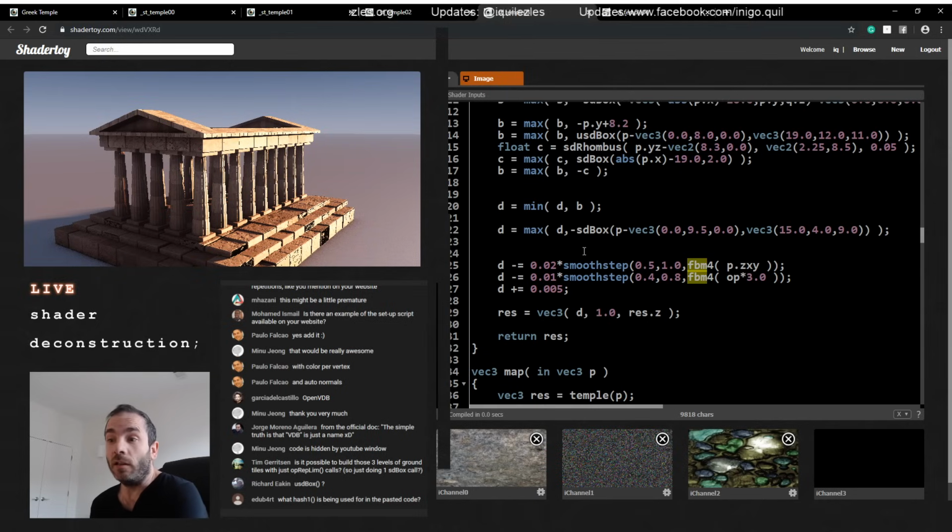But the point is, what did we use? We used one cylinder, two sine waves, one box for the top and the bottom of the column, three boxes only to do the whole floor because we used repetition, two boxes for the ceiling, and, I think, two rhombus. So we are talking about 12 primitives, 12 equations involving 12 square roots and a few sine waves. So this is a relatively small amount of